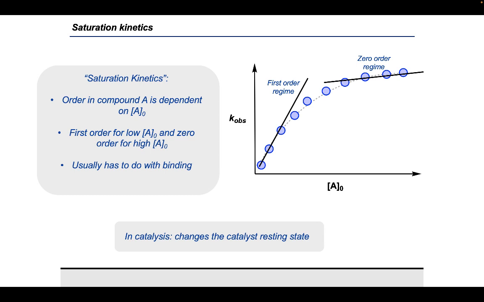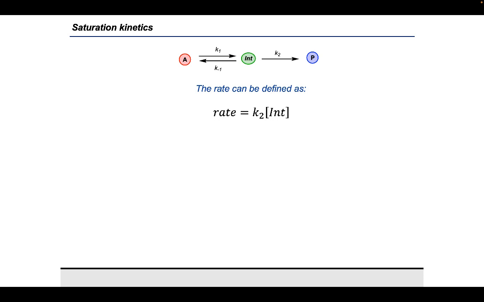So we proceed from a first order dependence to a zero order dependence. And usually what this effect has to do with, fundamentally, is a binding interaction. Now, I think it's interesting to start thinking about this in the context of catalysis, because saturation kinetics usually only happens in catalytic conditions. And we'll touch on these momentarily, but hopefully to appreciate saturation kinetics, we can begin by considering a multi-step mechanism